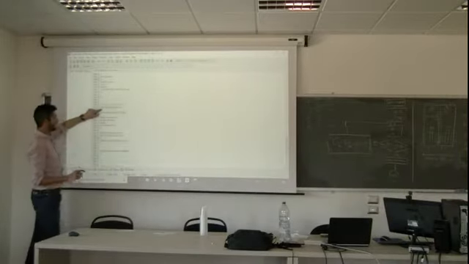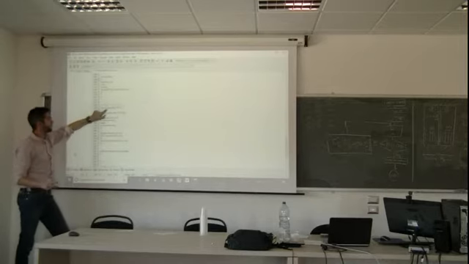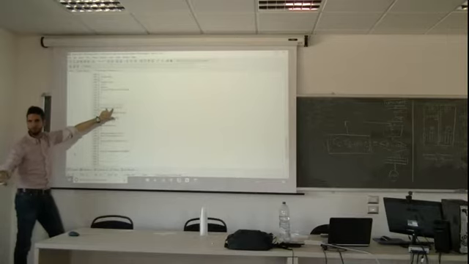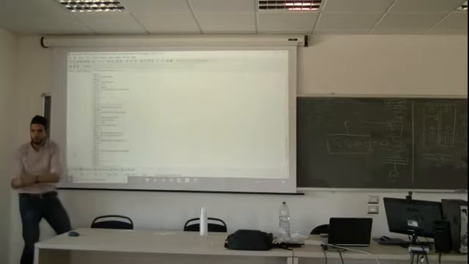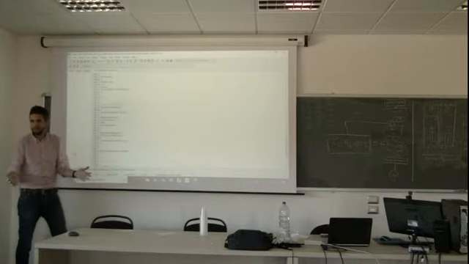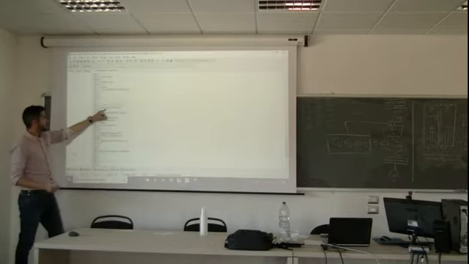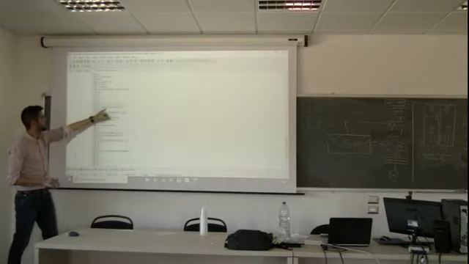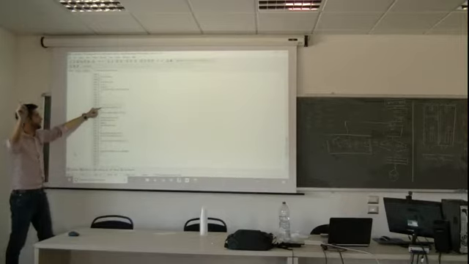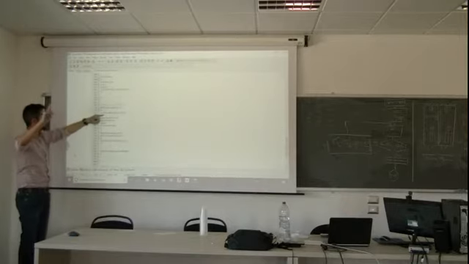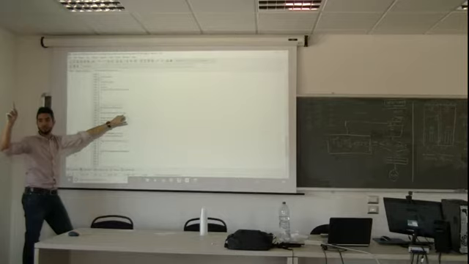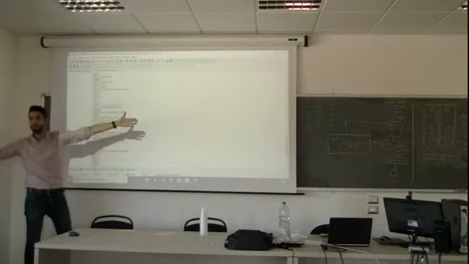So for the error, I need to explore all the domain. For I equal to 0, it's the same form, the same loop. This is the loop I'm doing to explore all the domain. That's it. Now I have the solution array and I have the assumption. Let's try to compare it, from 0 to n plus m. I equal to 0. So let's start from the very beginning. Error is the absolute value of the difference between the assumption at position 0 and the solution at position 0. In this case, 25.